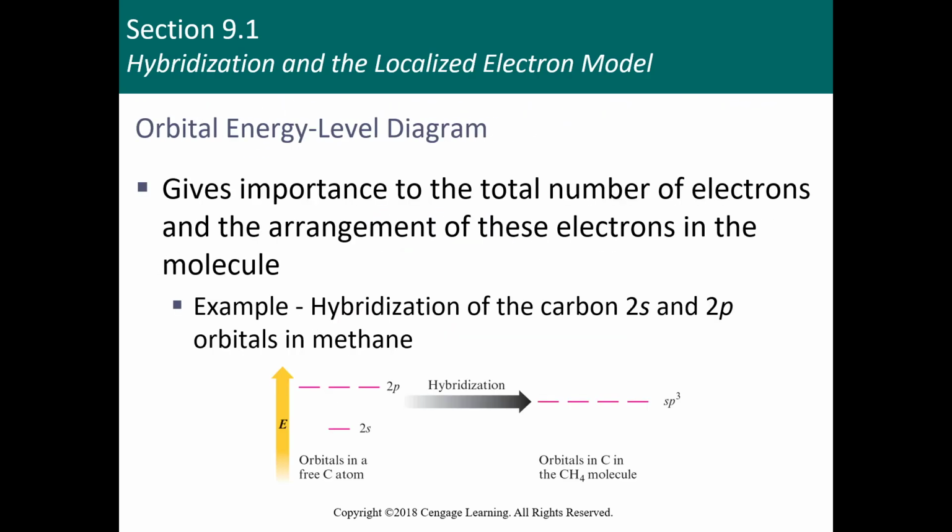So what would happen if instead of being lower in energy, these were actually higher in energy? Well, think of orbitals like a jar, okay? When you throw peanuts or jelly beans, let's use jelly beans, that's more colorful. If you throw jelly beans into a jar, they settle to the bottom first, right? Doesn't matter what the shape of the jar is, the jelly beans are going to go to the bottom because